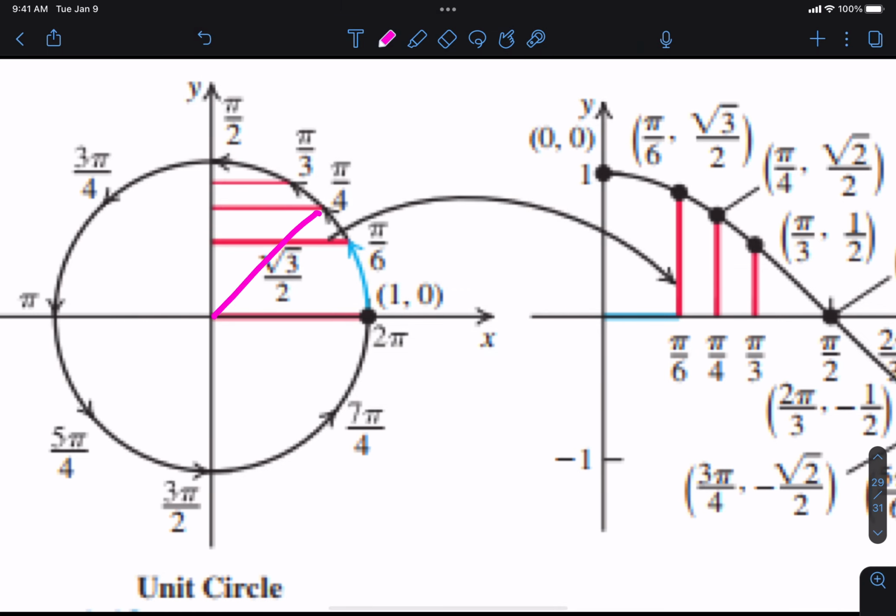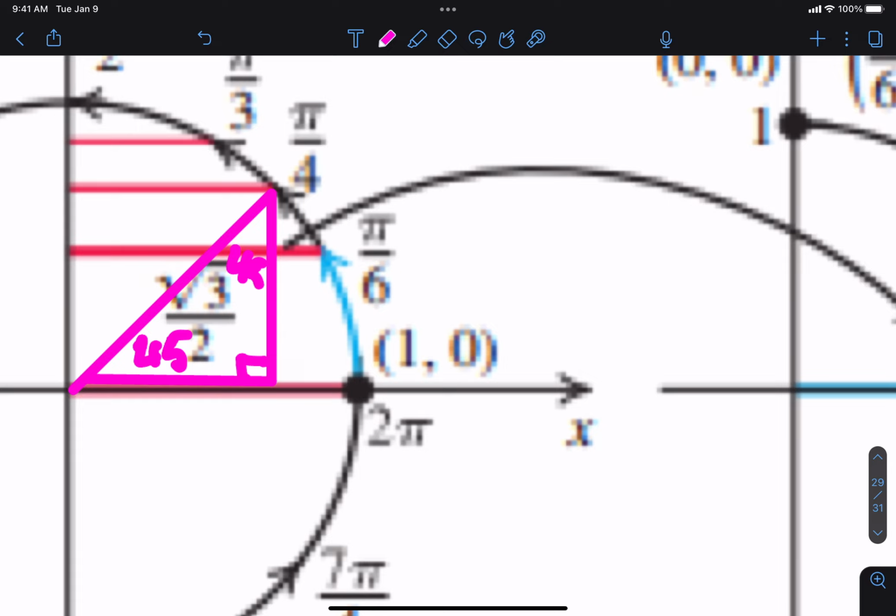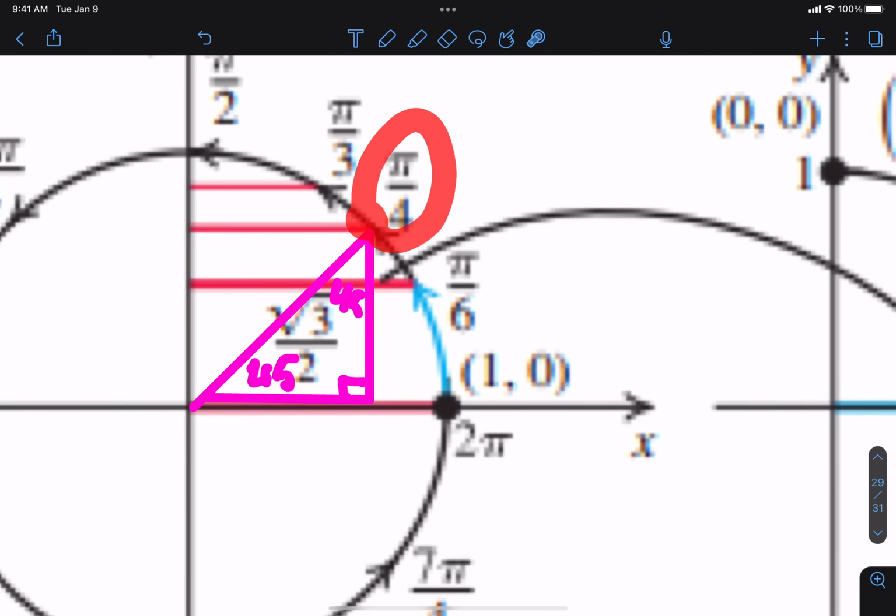What would I do? I would put the angle pi over 4 in here. Then I would draw my triangle. I would make this a right angle because I know that's a right angle. And I know that this is 45, and I know that this is 45, right? Because pi over 4 is half of a 90-degree angle. So in degrees, it's 45. So this is a 45, 45, 90 triangle. I know that the hypotenuse has length 1, and my goal is to find out what are the coordinates of